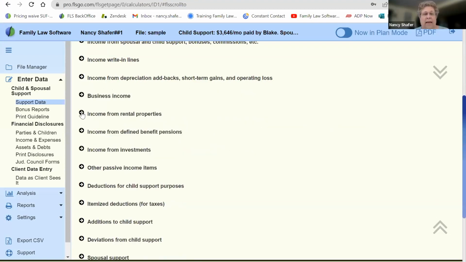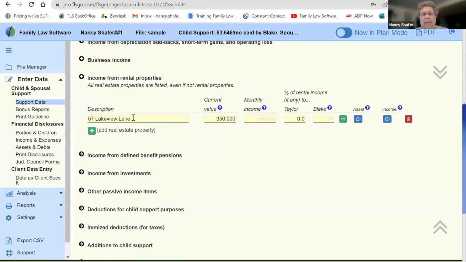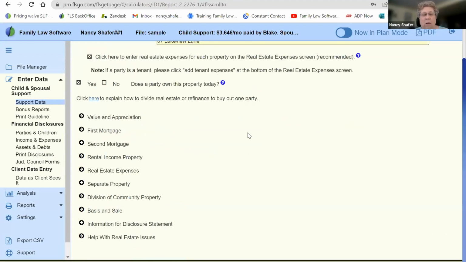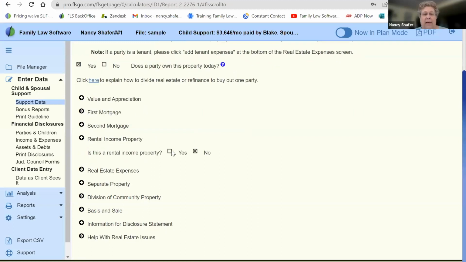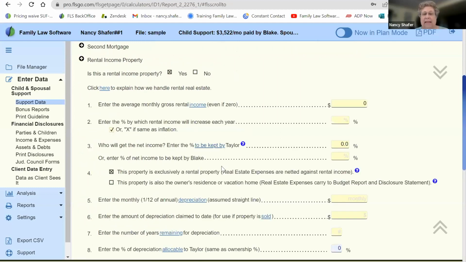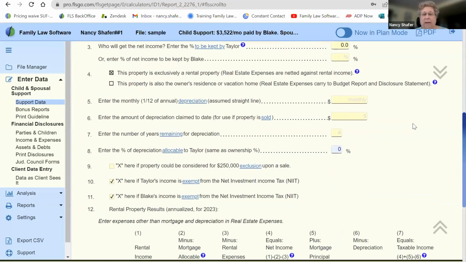Okay. And income from rental properties. If you have entered rental properties in your assets and debts, they will show up here already. If you haven't, you can just add some here, and then you can go into more info. And in more info, you can mark something as rental income property. And if I say no, then I don't need any information about it. But if I say yes, then it's going to allow me to enter in all kinds of information about rental